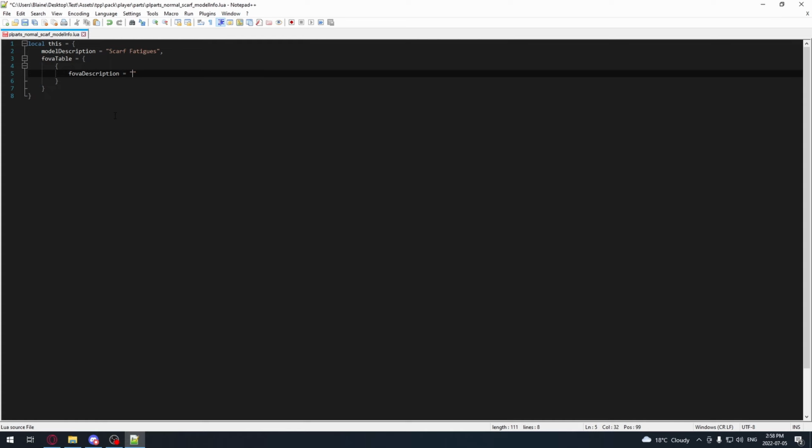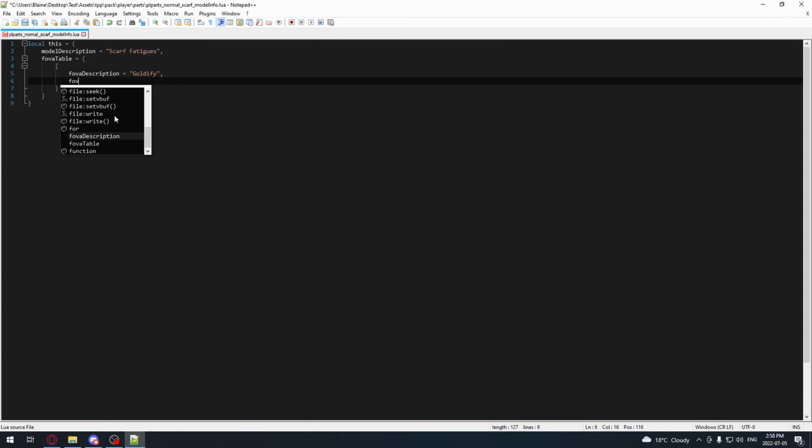So I'm going to call this first one Goldify, and then you put a comma and fovaFile, and in here you put the path inside of the FPK folder to your FV2,